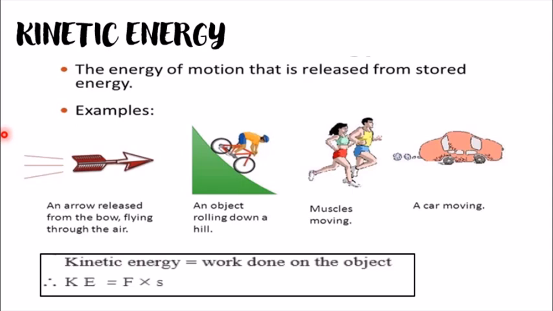So indirectly what we can say is kinetic energy is the work done by a force to displace a stationary object through a distance s. A particular object was stationary, and when it started to move, it reached a particular place. That is nothing but the work done. So kinetic energy is equal to work done, and work done is equal to force into displacement. So kinetic energy is also equal to force into displacement, that is F into S.